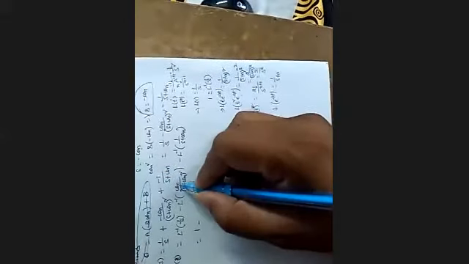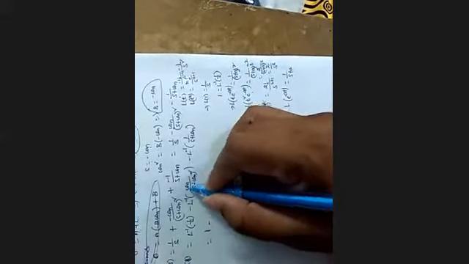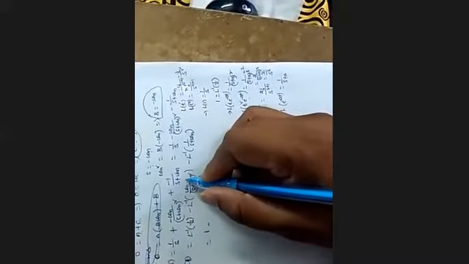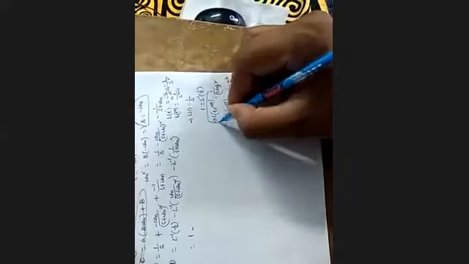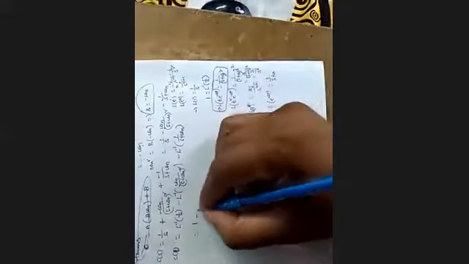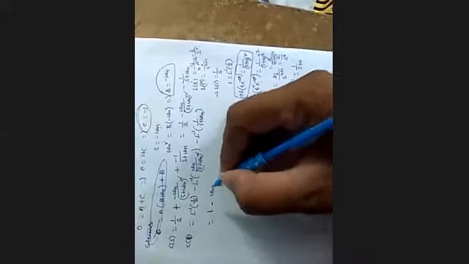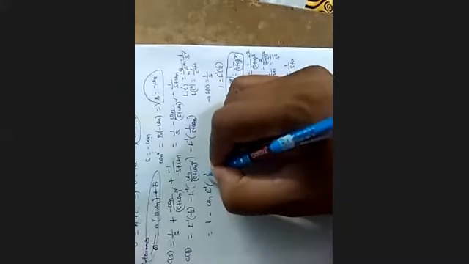So with the help of these formulas, Laplace inverse of omega n by S plus omega n whole square means 1 by S plus a whole square form. Omega n is a constant value, so it can be written as omega n into Laplace inverse of 1 by S plus omega n whole square. It means Laplace inverse of 1 by S plus a whole square, which can be written as t into e power minus at.